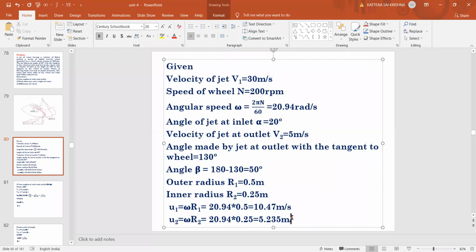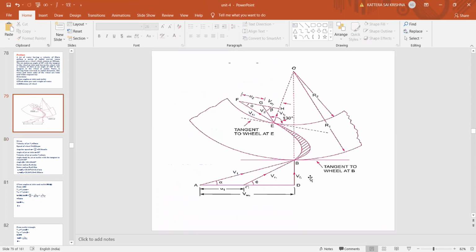Okay. Right. So after calculating U1 and U2, now we can go for the first thing. What he asked is to find the vane angles, theta and phi values. So for finding theta and phi values, you can use the sine rule. That you need to remember always. You can use the sine rule or you can use a right angle triangle. And before going to the sine rule, what we need to find is, from the inlet triangle, by using V1, we can find VF1 and VW1, since alpha is given in this problem as 20 degrees.